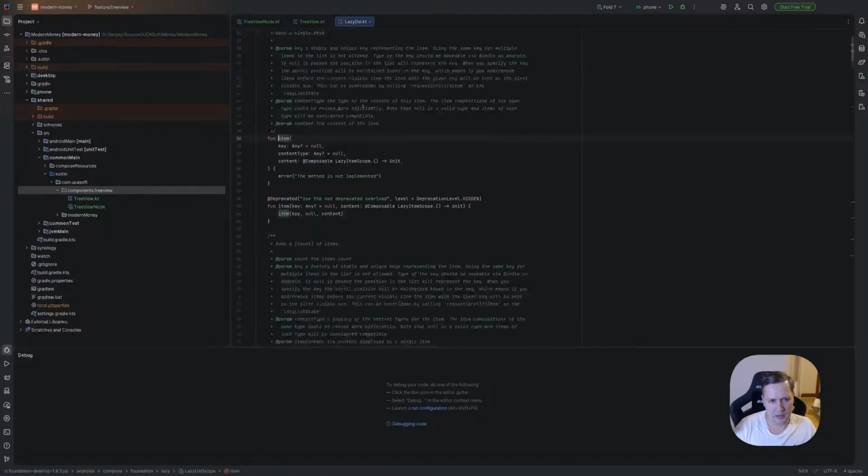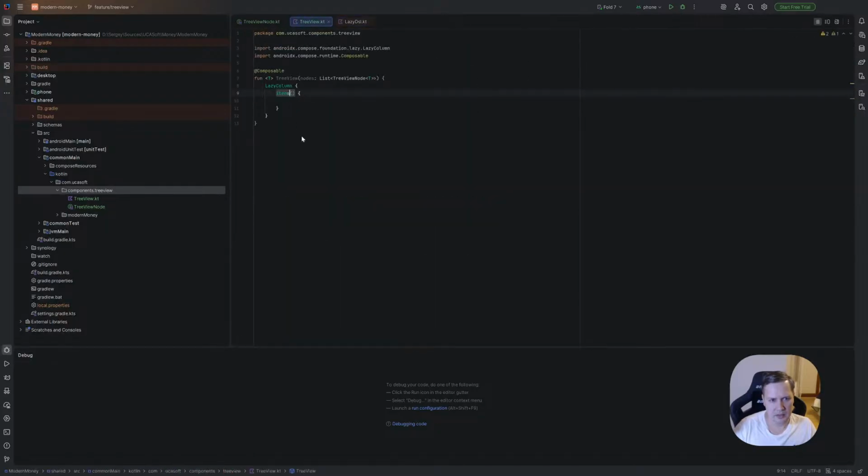Should provide. It's item, but we need items. Yes. And key in this case equals it, y integer.